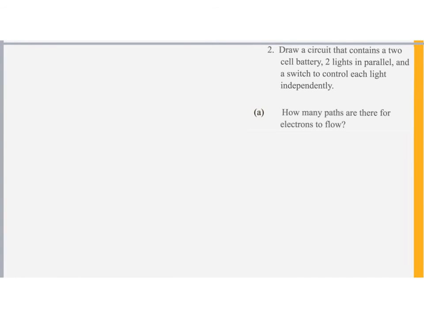All right, so let's check our work. So we are going to start here, right? And we will put a 2-cell battery, which means we need a big and a little, and a big and a little. So we've got our positive and our negative terminals. Now we need 2 lights that are in parallel. So let me draw this here, right? So we will have our first branch,